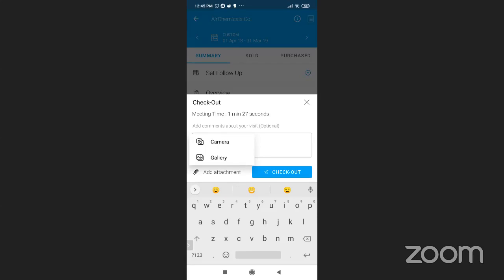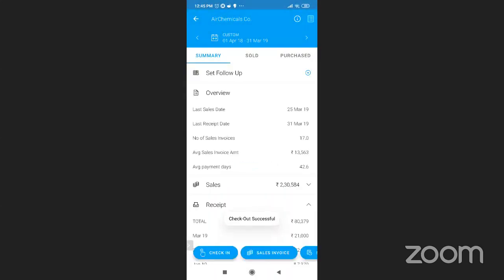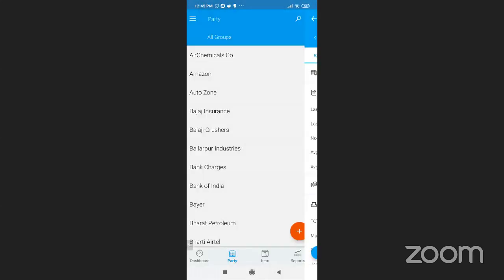Basically, it can be an image. If you want your salesperson to send you an image of the company where they visited, maybe the name of the shop, or a certain attachment regarding a detail or a paper they picked up, they can simply click a picture and send it to you via attachment and check out. They have successfully checked out of the meeting now.